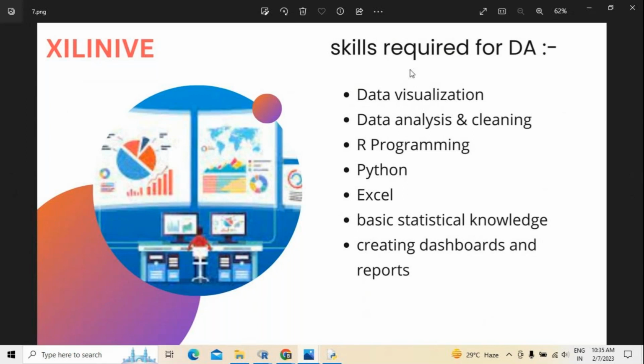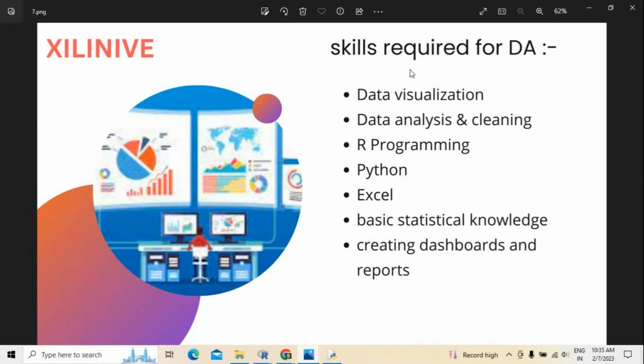At the same time, data analysis and data cleaning is required. Next, data analysis and data cleaning for the structure of data. What is it that you want to perform, all that stuff. Next, one should have knowledge of R programming and Python, because these are the two major ones used